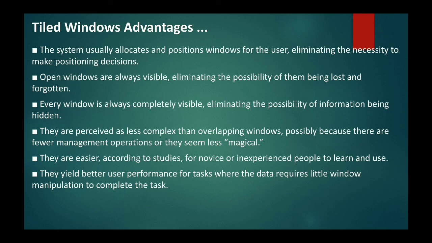Every window is always completely visible, eliminating the possibility of information being hidden. So all the information of the window is visible, and there is less chance of it being hidden. They are perceived as less complex than overlapping windows, possibly because they involve fewer management operations or seem less magical. So they are easier, according to the studies, for inexperienced users,